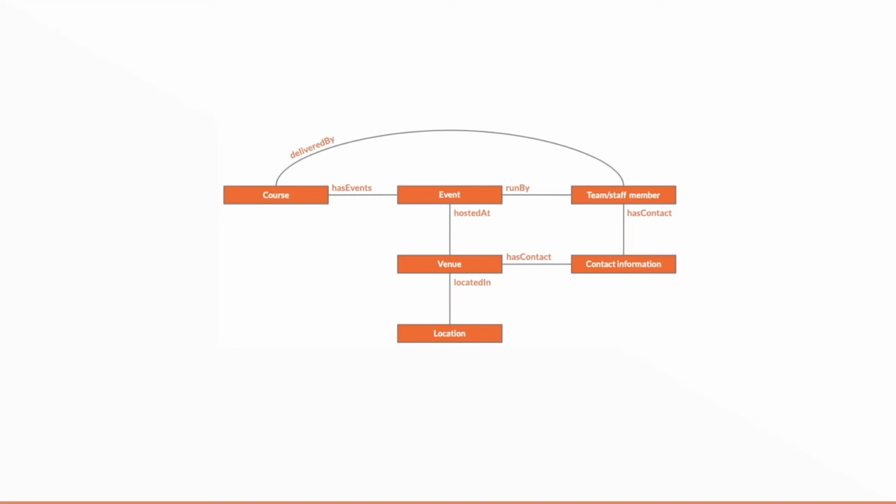A venue is located in a location. That's because the same location might hold many venues if it's a single building with lots of different venues in it. So its location, which doesn't change, is worth having as a separate object. Generally speaking, the bigger object comes first in the way you express a relationship. So a course, the big thing, has events as part of it. So we put has events rather than event is part of a course. But it doesn't matter that much as long as you're consistent and you understand it.